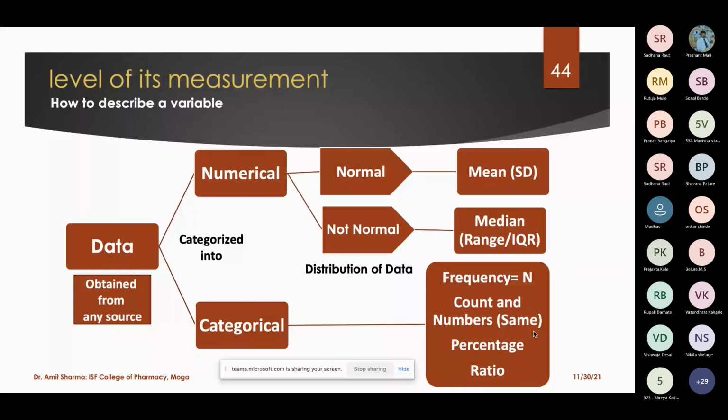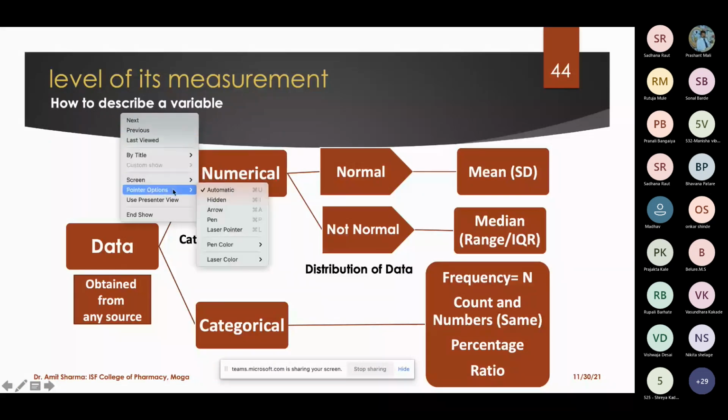So I was discussing, by taking an example that A is causing B, how we can choose the appropriate statistical test as well as the appropriate measure of central tendency. For example, you are working in a laboratory, and whenever you perform an experiment, you end up with some sort of data in your hand. Either you're working in a hospital or in a laboratory, finally you end up with data. That data is classified into two different types. One we call numerical data, and the second we call